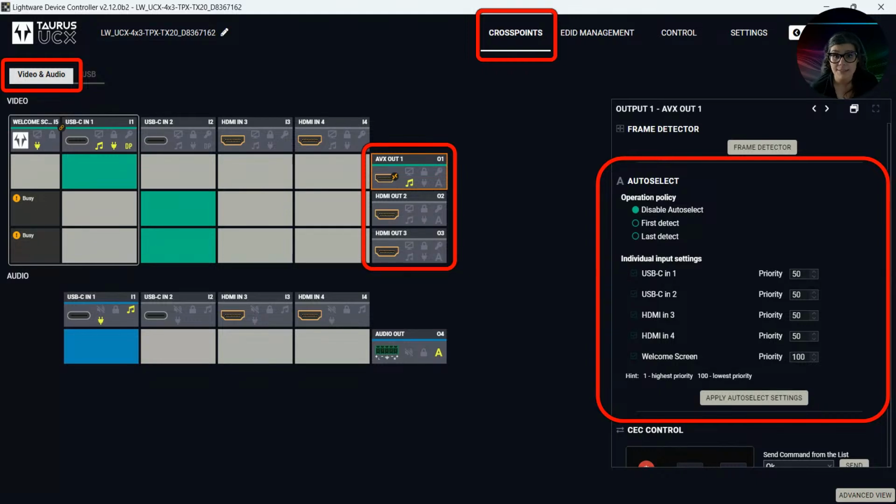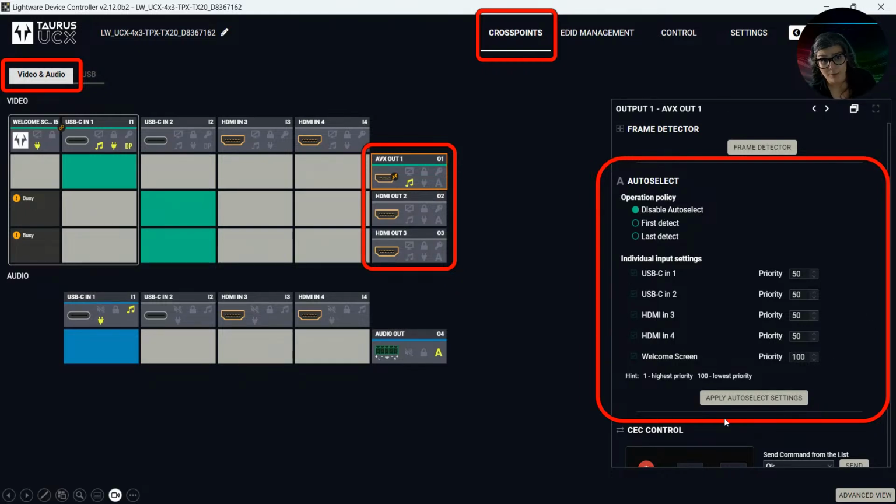So last detect is the one that most people typically use in a room because the room's not always being used by the same people. You may have one group in there earlier in the day and then another group that afternoon. So last detect allows you to say whoever is that last detected video signal is the one that is going to get access to all of the peripherals. Now,